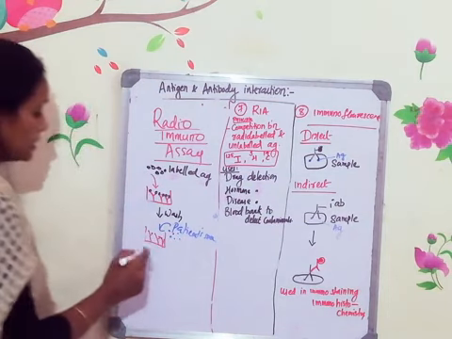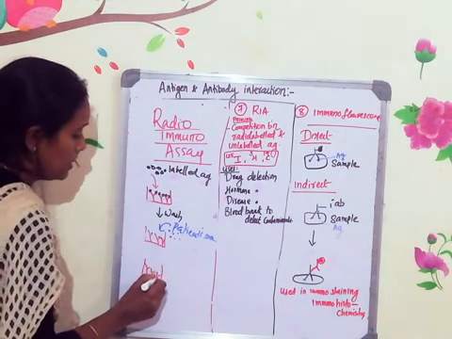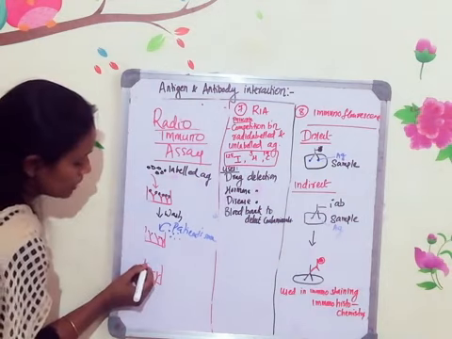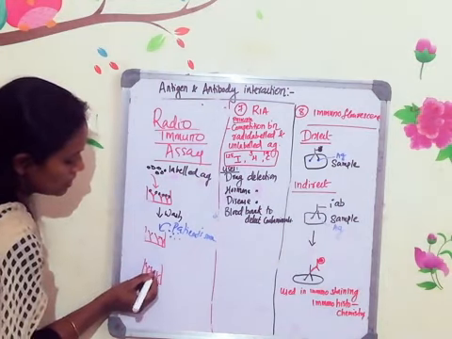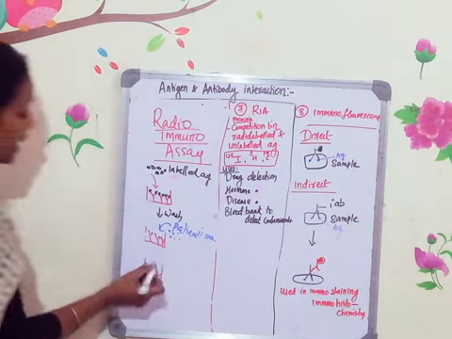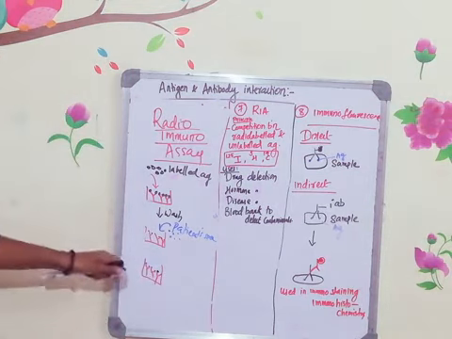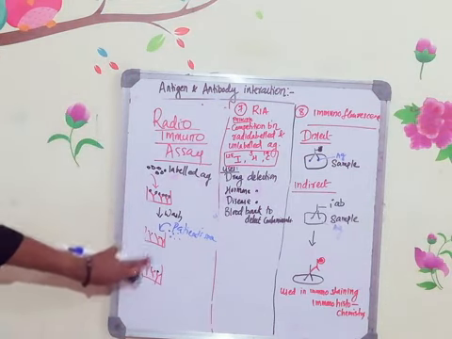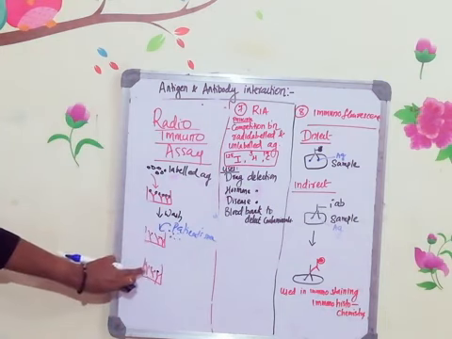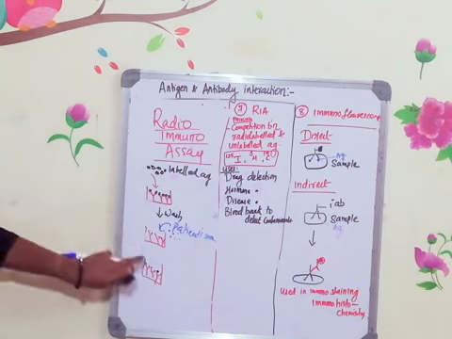Now what exactly happens is, after adding the patient serum sample, the bound labeled antigen will be replaced with the patient's sample. Now you can see here that most of the antigen binding sites are occupied by the antigen which was in the patient serum, which is blue in color. For understanding, I made it blue and the labeled one black. Black is replaced with blue.